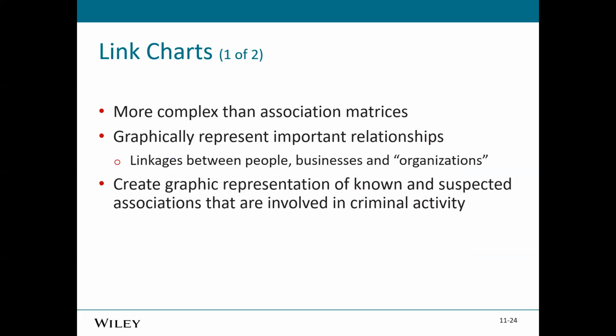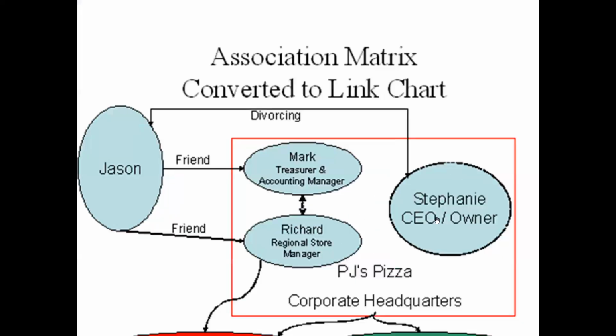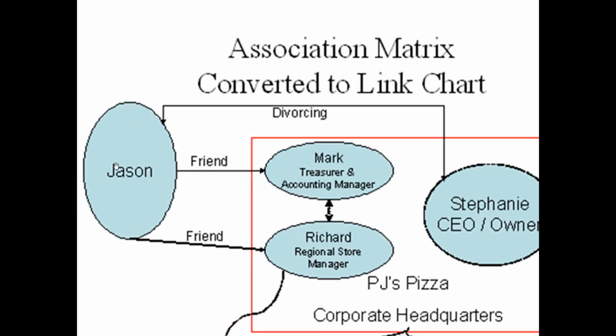Then we can take the link chart, which basically has a lot of the same information we saw in the association matrix, but gives us a little bit more detail to describe those linkages. So here, let's take a look at this one. Same idea as what we saw in the last one, but it's the same information, just a little bit clearer. We have Stephanie, who's the owner and CEO. She is divorcing Jason. Jason has 2 friends, Mark, who's the treasurer and accounting manager, and Richard, who is our